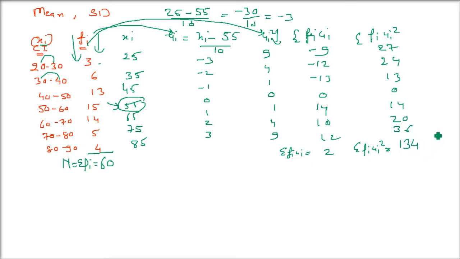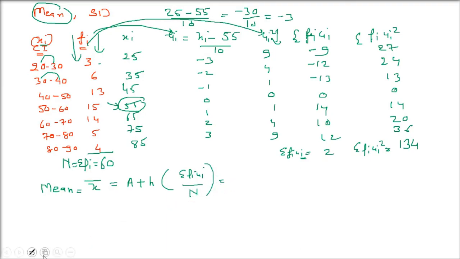Now all the values are there. H is also there, and H will be used in the formula. H is 10. So the mean, because the question is asking for the mean, let me tell you the mean also, because in the previous question we found the median. Just to recall, the mean will be, because we already took an assumed mean, x bar is the mean. So assumed mean, which was 55, plus h, the class interval, times sigma fi ui divided by capital N.